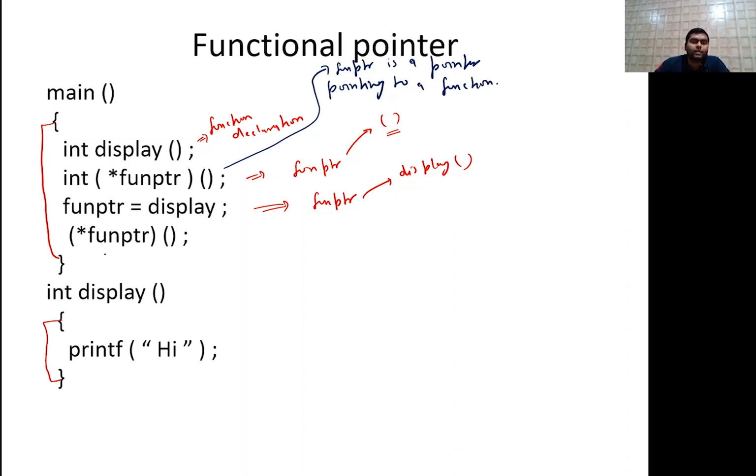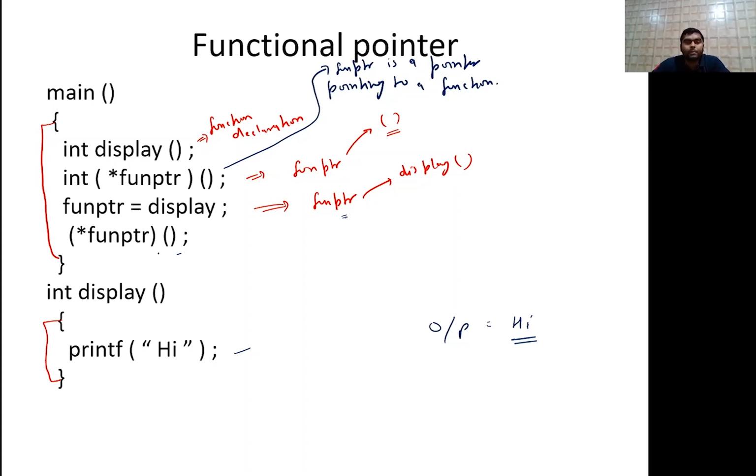Now we are calling star fun ptr function. So means हम fun ptr के function को कॉल कर रहे हैं. So जिसको ये point कर रहा है उसी को कॉल करेगा, तो display will be called and the output value will be printed, which is high. So high you will get as answer, है ना.